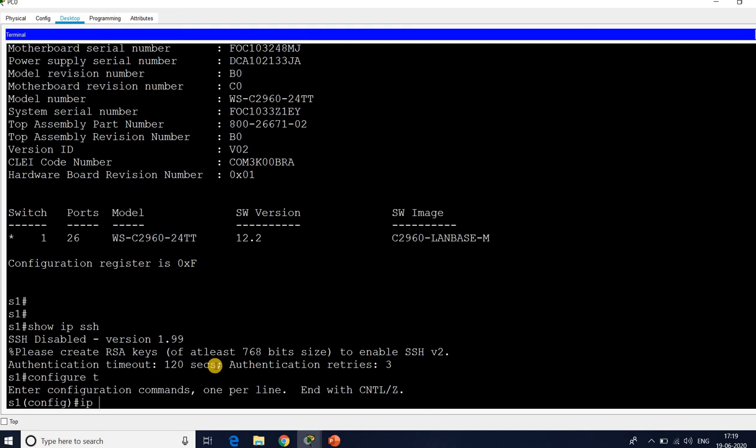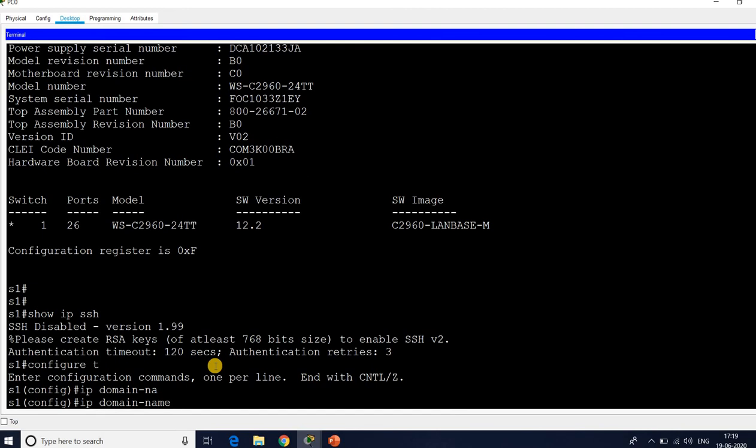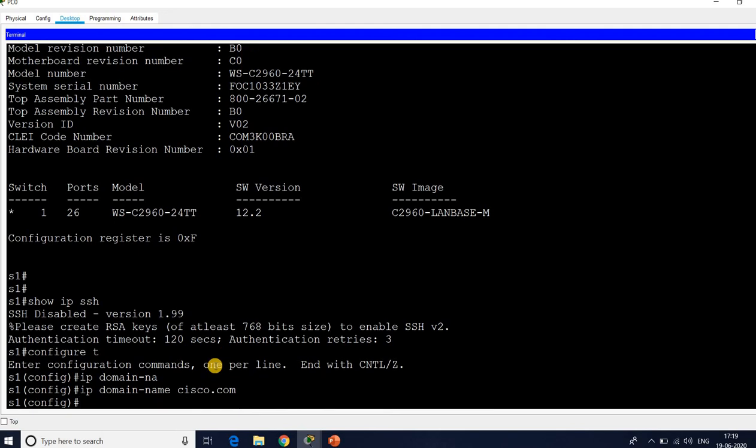So ip domain-name cisco.com. So I configure an IP domain name of the network using ip domain-name cisco.com in the global configuration mode.